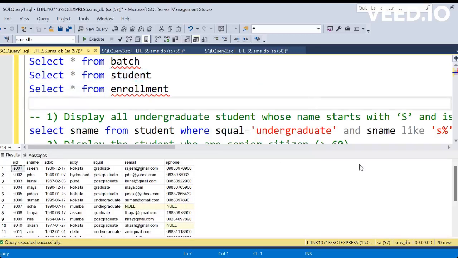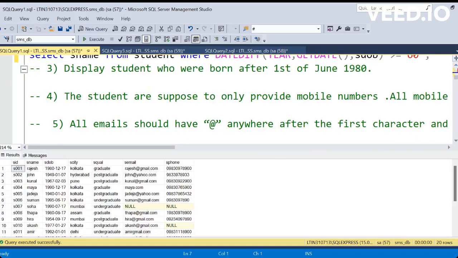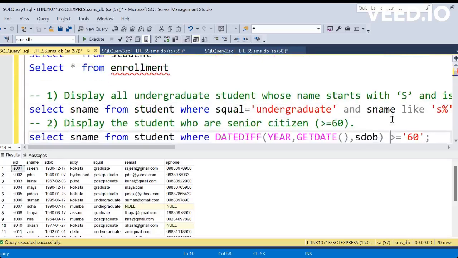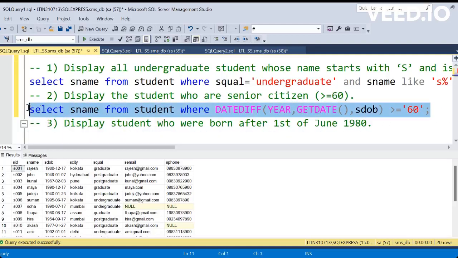So now let's see, these are the students, right? I have given that. Senior citizens, they are asking. If we use the DATEDIFF function, it will have three parameters. One will be what difference we have to take, that is the year difference we have to get from today's date and the date of birth. So let's execute this particular statement, the date difference between today's date and the date of birth of the